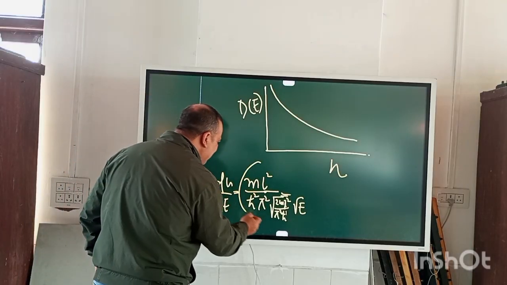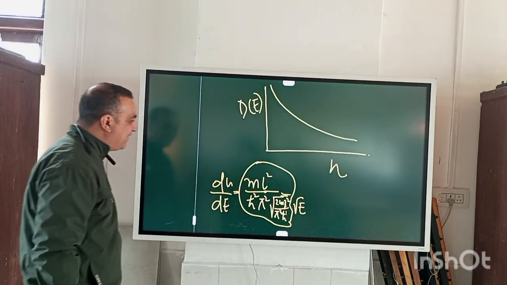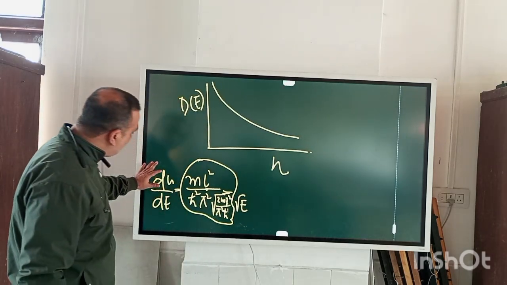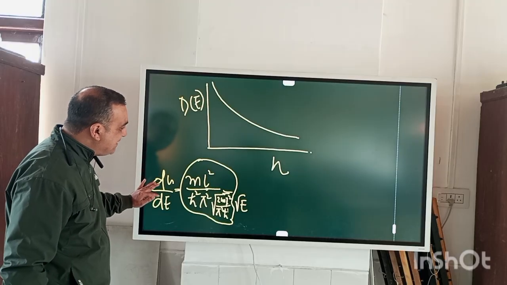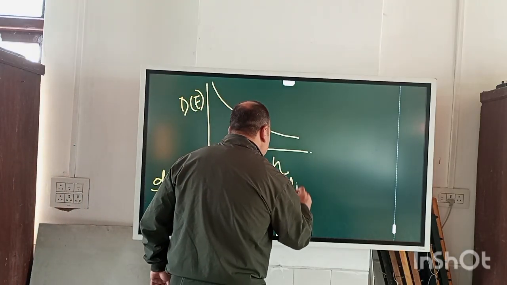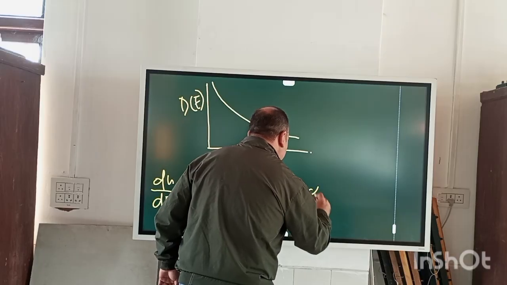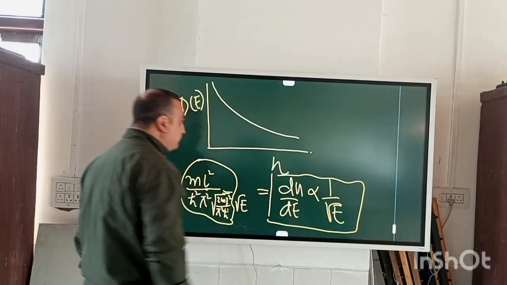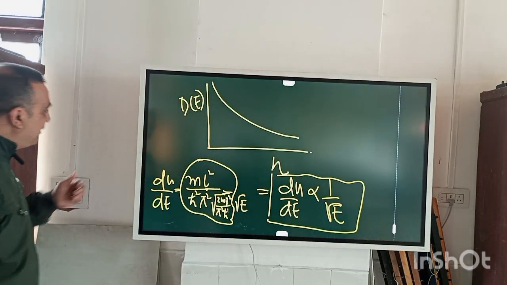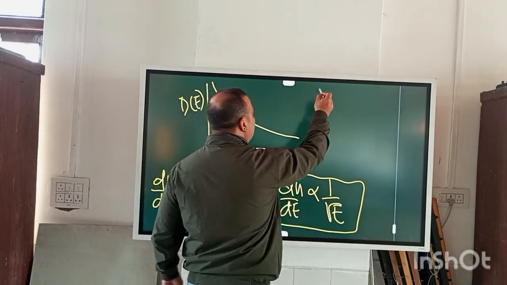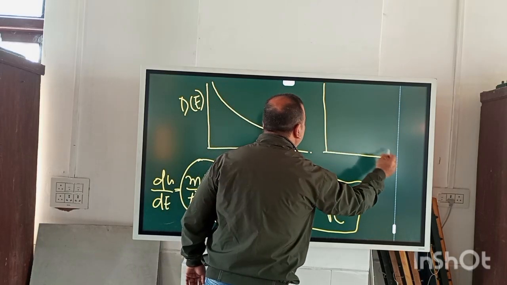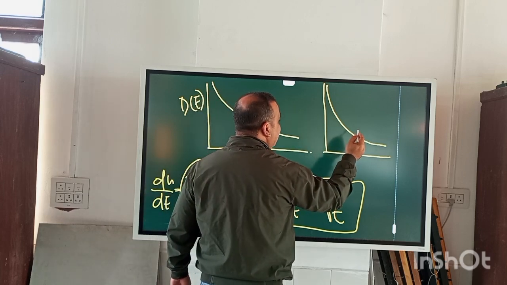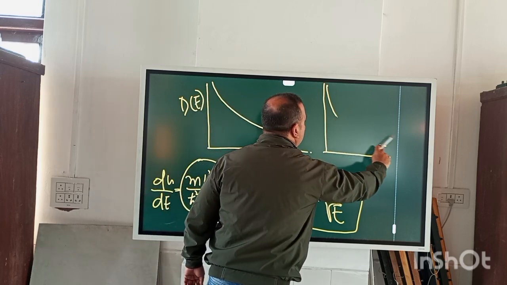So you can boil down these constants. I'm not interested in that. What I obtain here is this dependence of the density of states. That's dn by dE. We can see that dn by dE is proportional to 1 by under root of E. Now, what does it mean? It means the same thing. You can have a little more steepness in your graph. Maybe I cannot draw it exactly. And it has to go